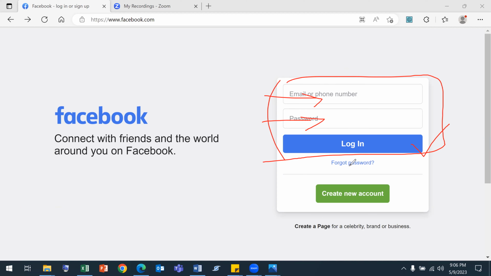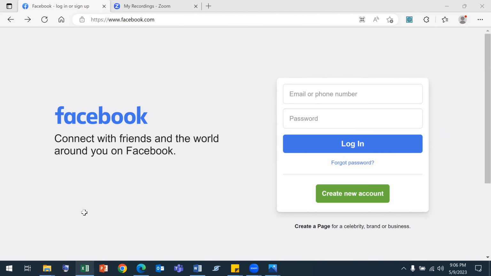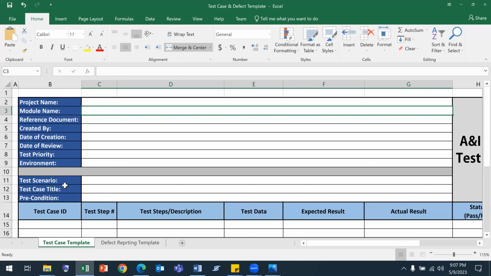I'm going to go to the home page of Facebook. I'm pretty sure all of you know how the home page looks. Now, similarly, if I write down the test scenario for the Facebook homepage and write some test cases,